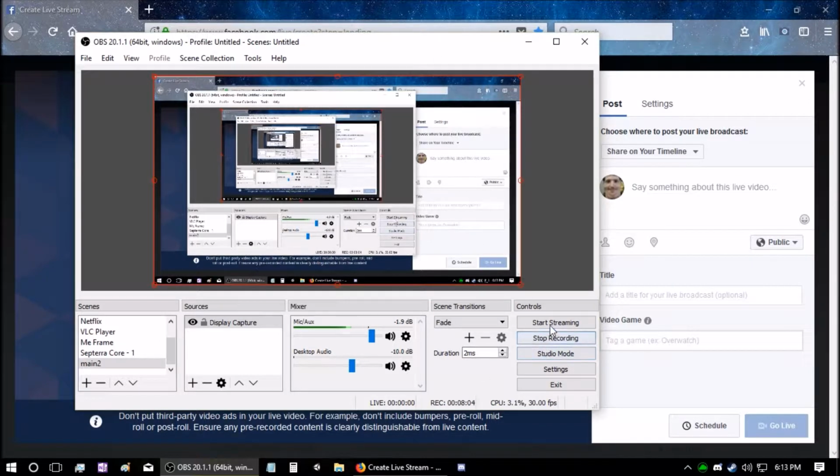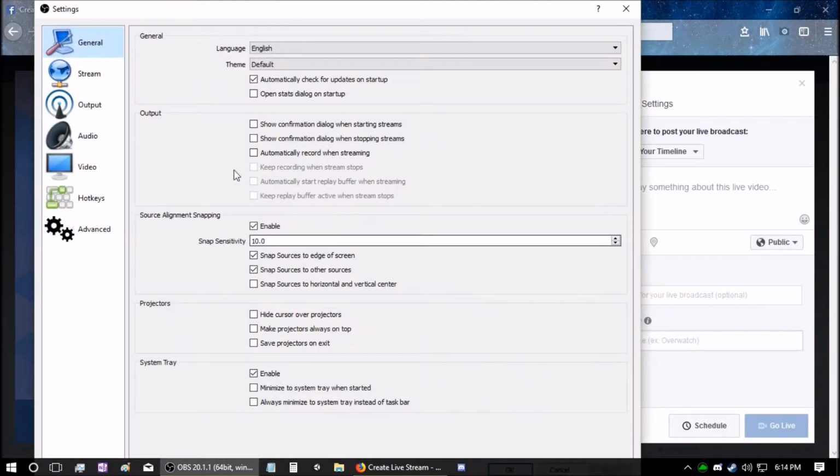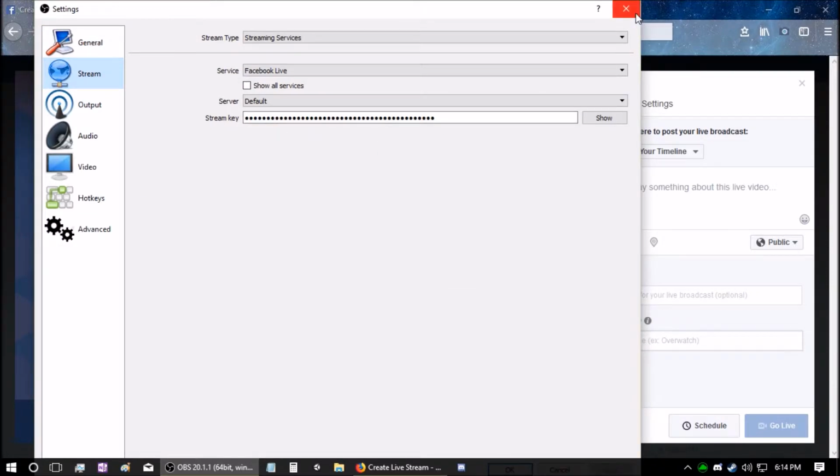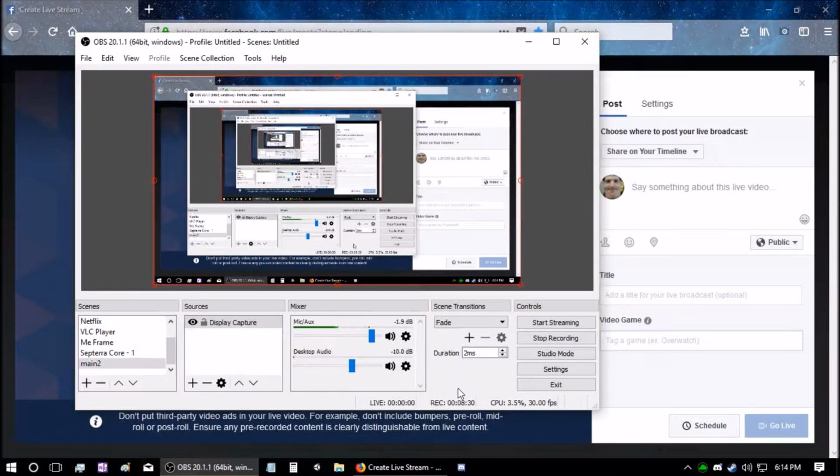Once you're ready to start your stream, go ahead and hit start. I'm going to note, always get your stream key and enter your stream key in before you start. If you're going to stream for the first time, you don't have to worry about it, because there's going to be no stream key in your settings. So the first time it's no big deal, but if you're going to go back to stream again,